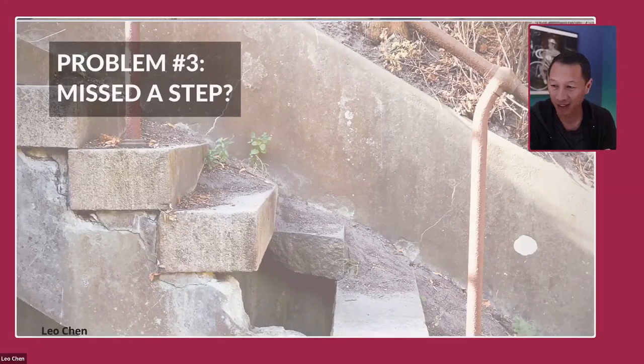Imagine the GPS again. If there was 1 or 2 turns that it didn't show you, I think you probably get lost, right? You'd step in this hole and you're going to fall down and you're not going to make it, right? So same thing with our business. We can't have missing steps. We have critical steps that have to be done in order for the whole process to work for our clients. Same thing with the escrow, right?